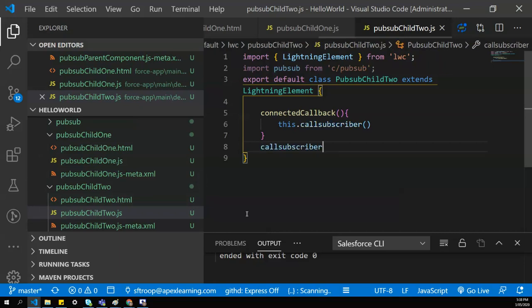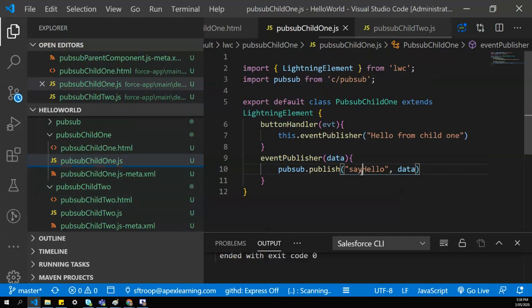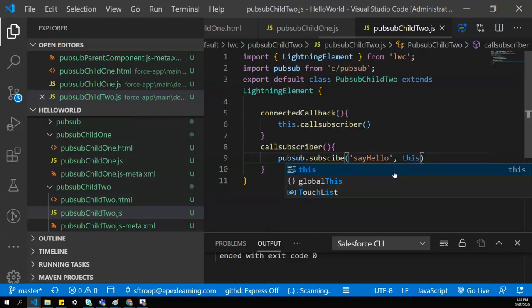This method is going to call the pubsub subscribe method, and here the event name should be the same as the event name that we are passing, say hello. We'll attach a callback that should get called, subscriber callback.